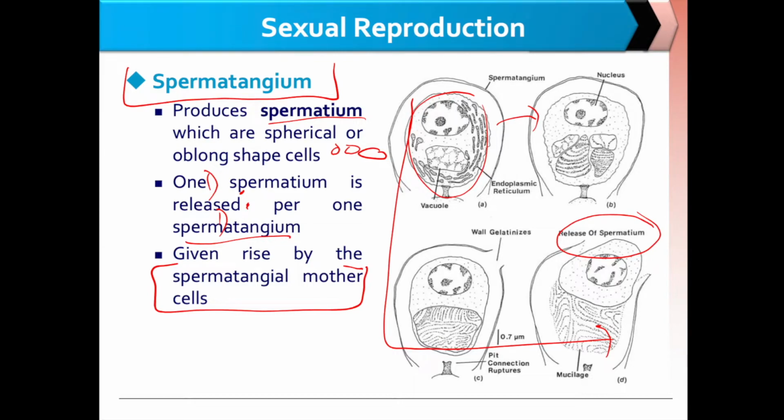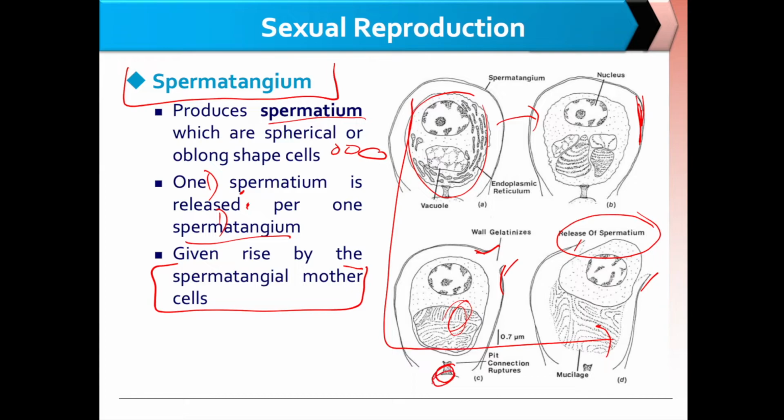Tapos ang mangyayari, yung cell wall niya, itong cell wall niya, mag-degrade ng paunti-unti, magkakaroon ng changes, pati yung kanyang buong cell, no, mag-undergo ng certain changes. Yung loob niya, magkakaroon ng gelatinization. Then eventually, nag-gelatinize na yung cell wall mo na unti-unti na siyang nasisira-sira. Yung mga pit connection, ito yung sinabi kong pit connection, they will rupture. So, pag nag-rupture siyang ganyan,